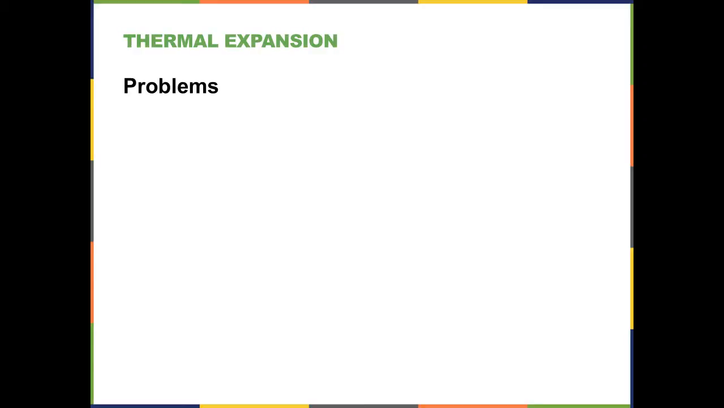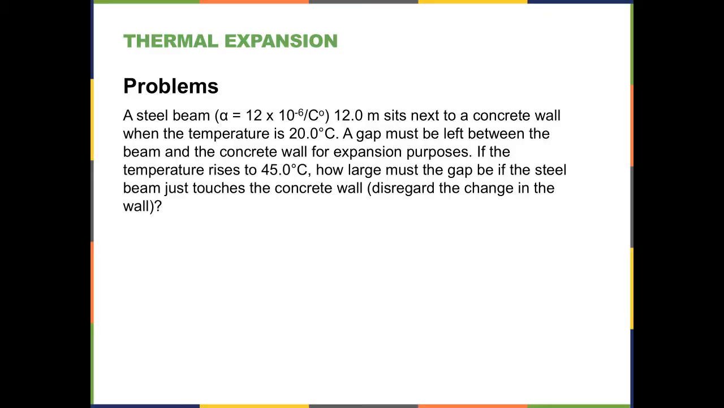As I said, we'll start this section by doing a few example problems related to thermal expansion. Let me read the first one and then we'll reduce this and do the work. A steel beam, coefficient of linear expansion 12 times 10 to the minus 6 per degree centigrade, 12 meters long,